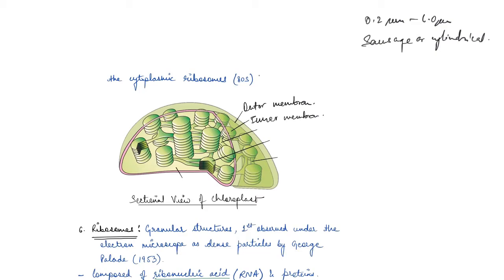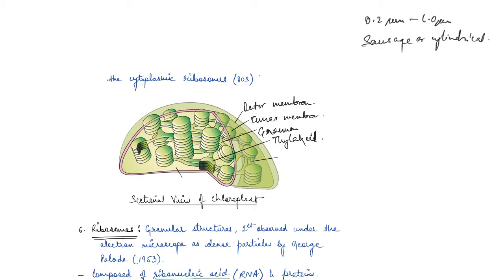Now this stack is a thylakoid, and again it is stacked and joined as grana. Singular is granum, right? So thylakoids are arranged in stacks like piles of coins, which are known as grana or